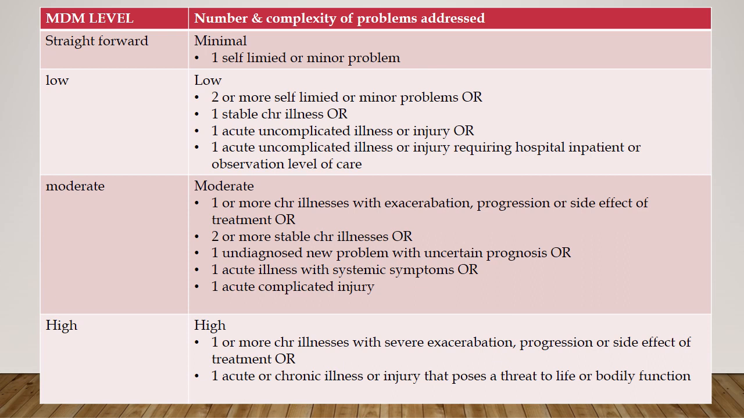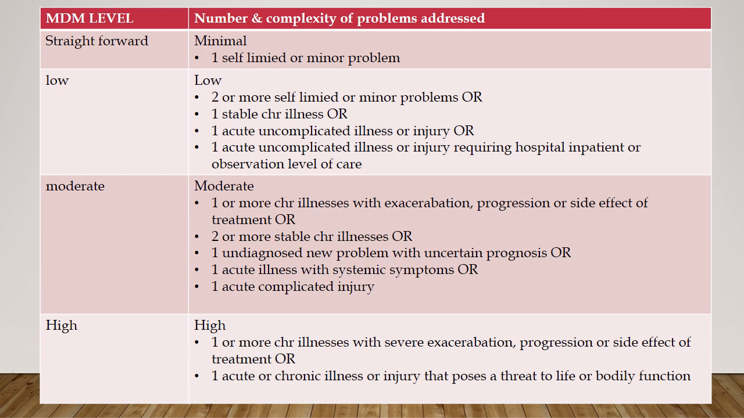consider 3 factors. First one is number and complexity of problem addressed. Second element is amount and or complexity of data to be reviewed. And third one is risk of complication and or morbidity or mortality of patient management. Okay, so these are the 3 elements which decide which level of MDM it will be. Okay, so the first element of MDM, number and complexity of problems addressed, is explained in detail